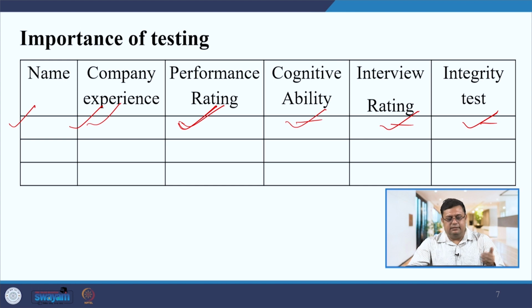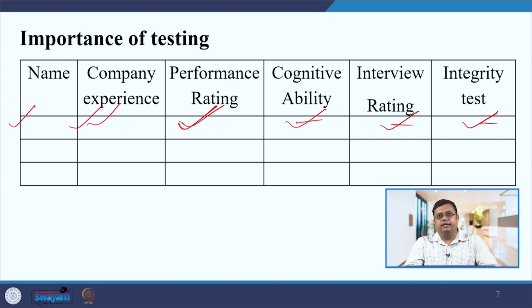So that analysis we should be able to do: what is the percentage of cases where the performance ratings were good and how many were not good. If it is going 50-50, it means we need to improve,